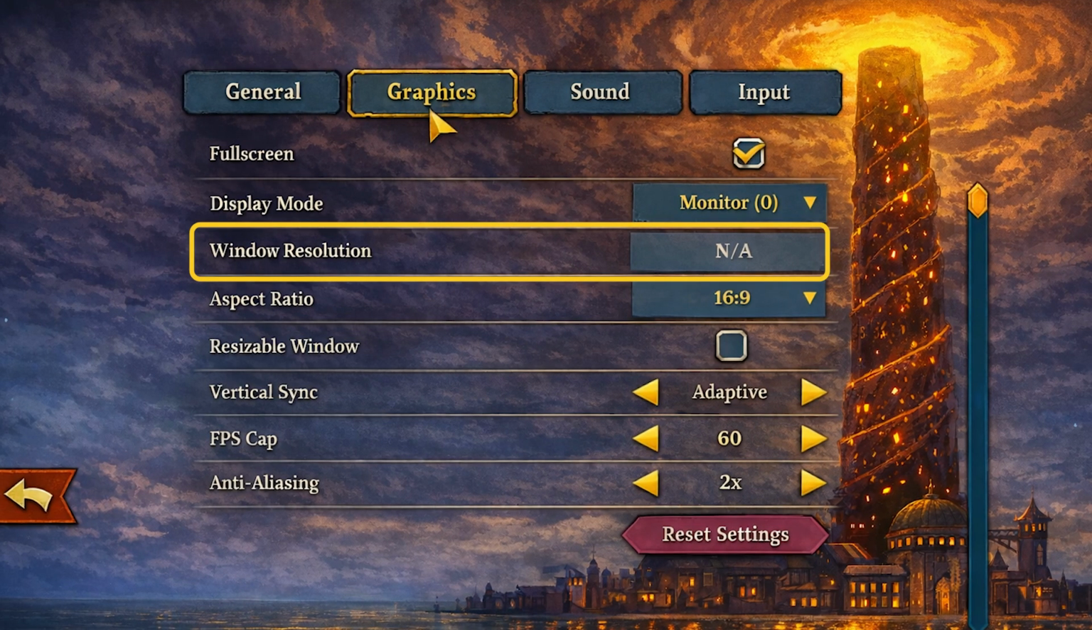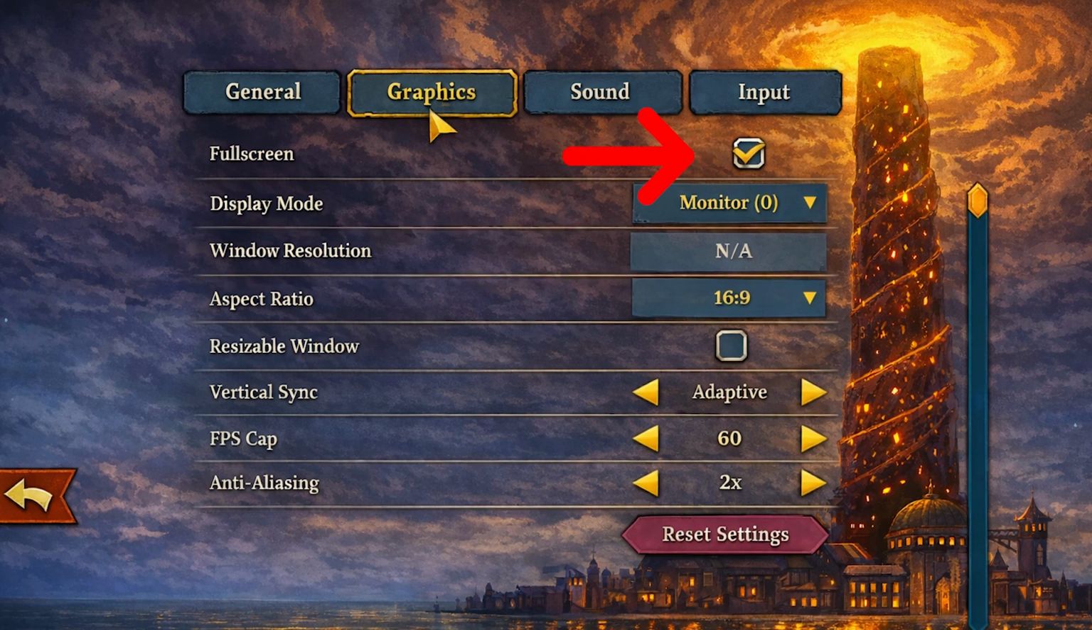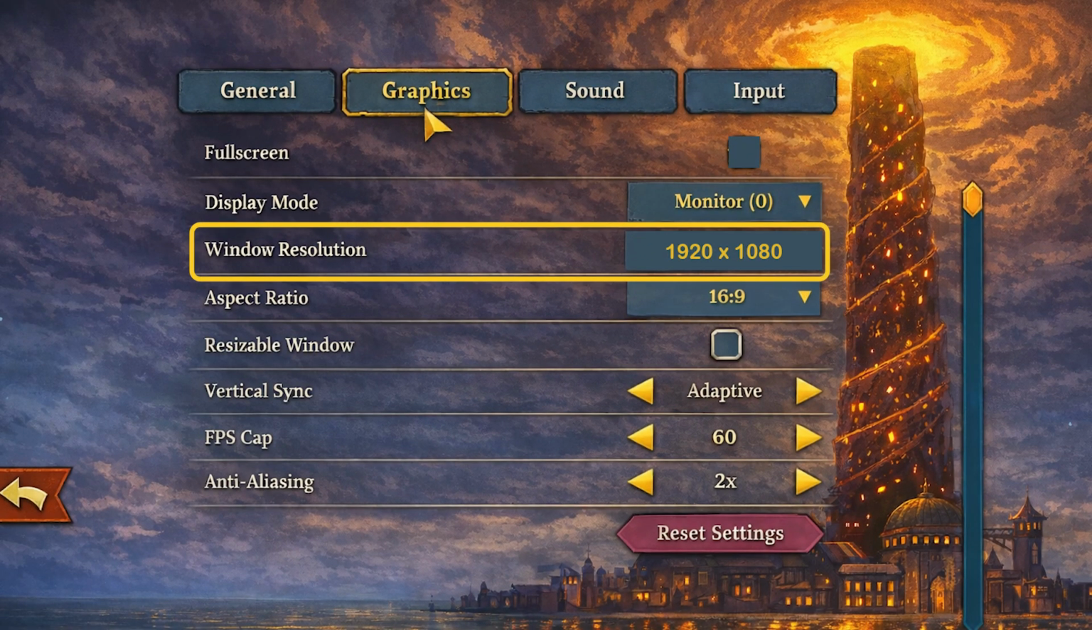Here you might see that the window resolution option shows NA and is grayed out, which means you cannot change it. To fix this, simply uncheck the full screen option at the top. Once you disable full screen, the game will switch to window mode, and you should now be able to select